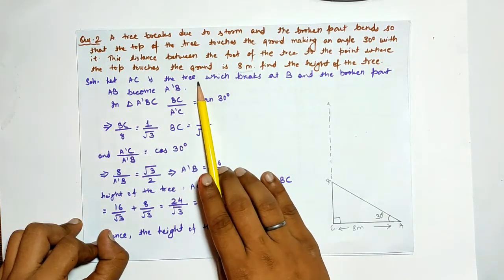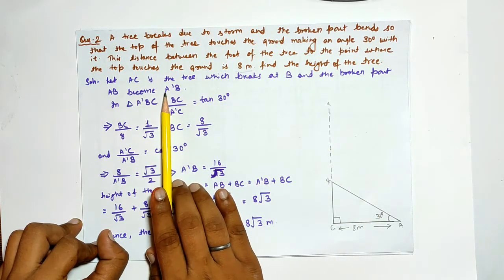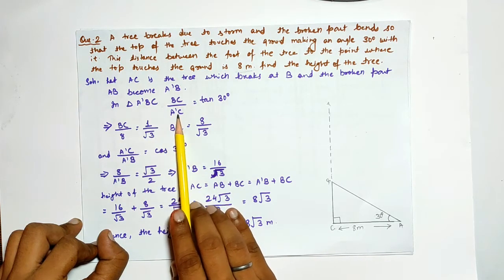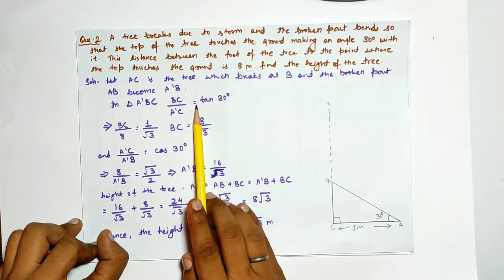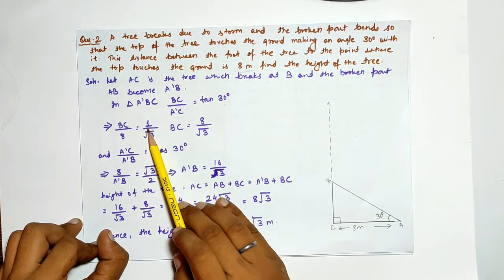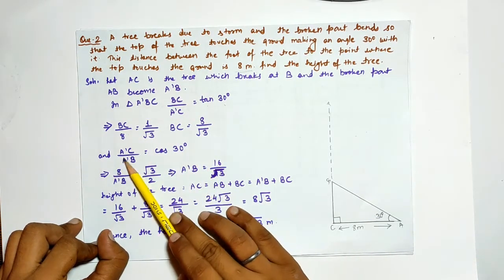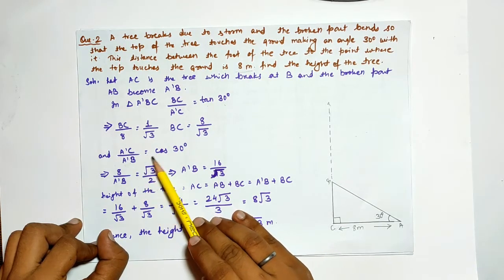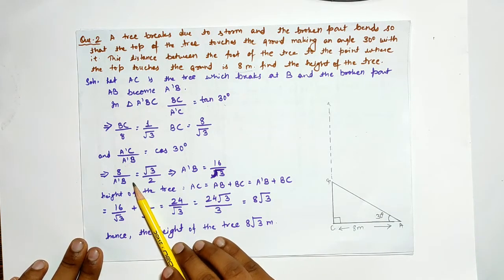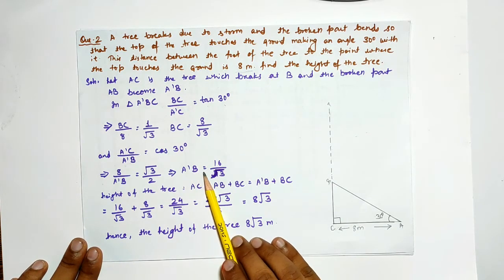Let AC is the tree which breaks at B and the broken part AB becomes A, B. In triangle ABC, BC upon AC is equals to tan 30 degree is equals to BC upon 8 is equals to 1 upon root 3. BC is equals to 8 upon root 3 and AC upon AB is equals to cos 30 degree is equals to 8 upon AB is equals to root 3 upon 2, so AB is equals to 16